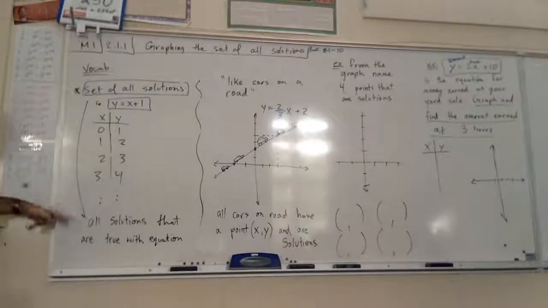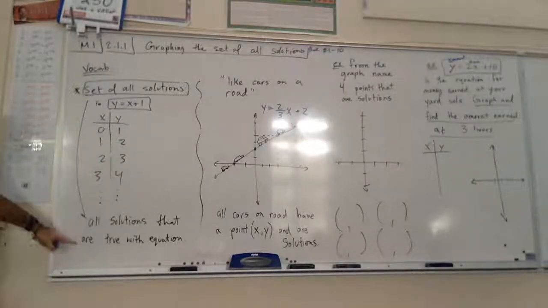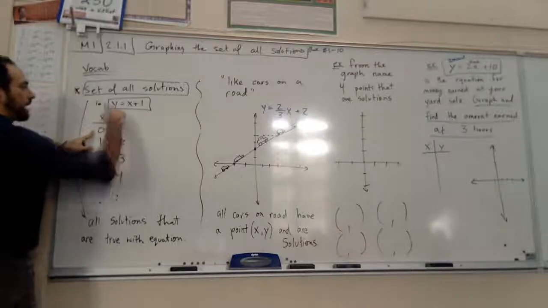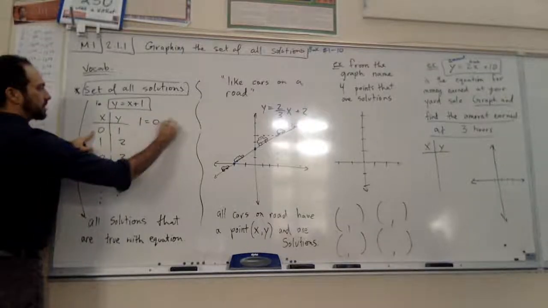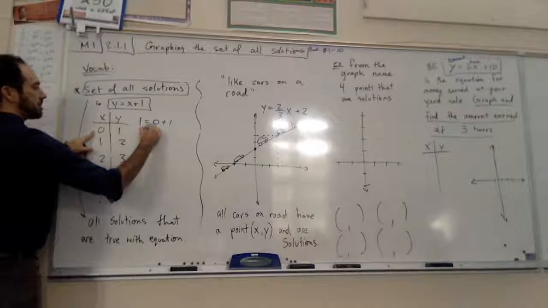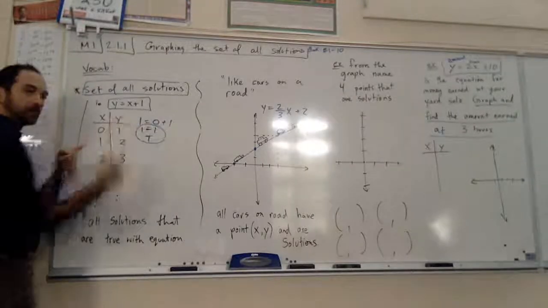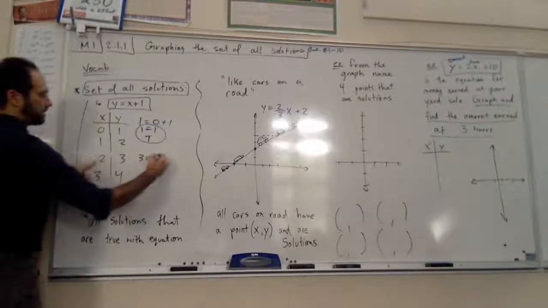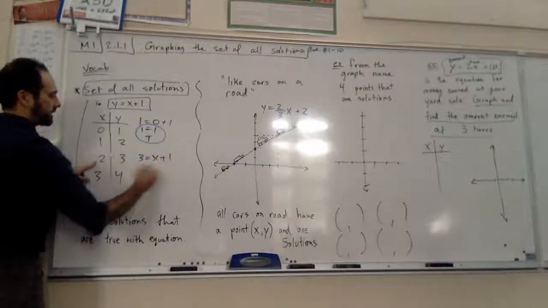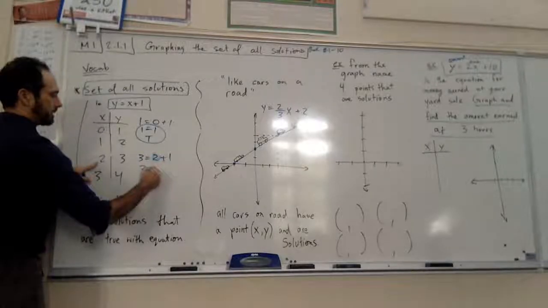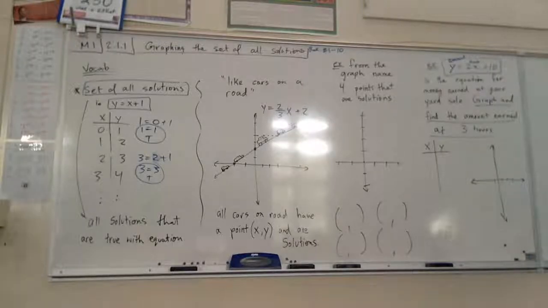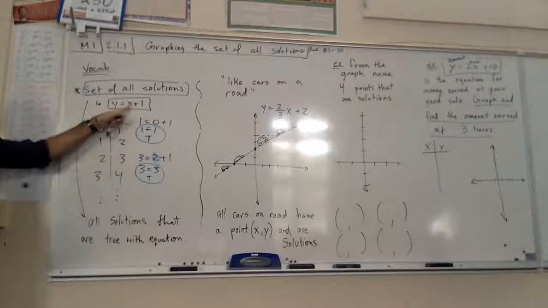Okay? Now, all solutions that are true within the equation. Let's see if these are true. Okay, what does that mean exactly? Put in a 0 for x. Put in a 1 for y into this equation. We got 1 is equal to 0 plus 1. Does 1 equal 1? Yes, that's true. Good. Let's put in 2 here. So 3 for y, 2 for x. Does 3 equal 3? Yes, that's true. Okay? So all the solutions in the solution set have to work for this equation right here,